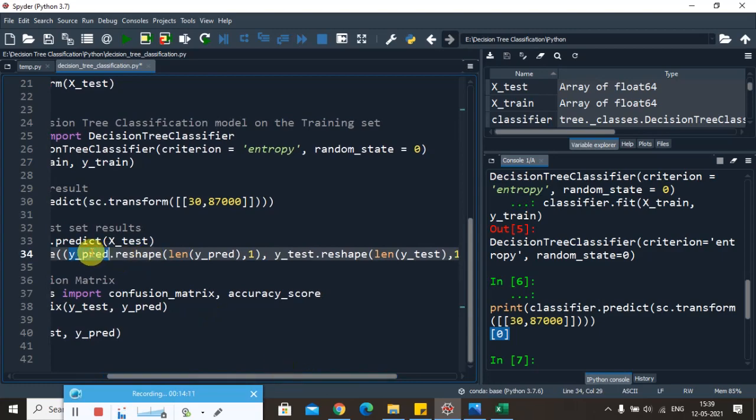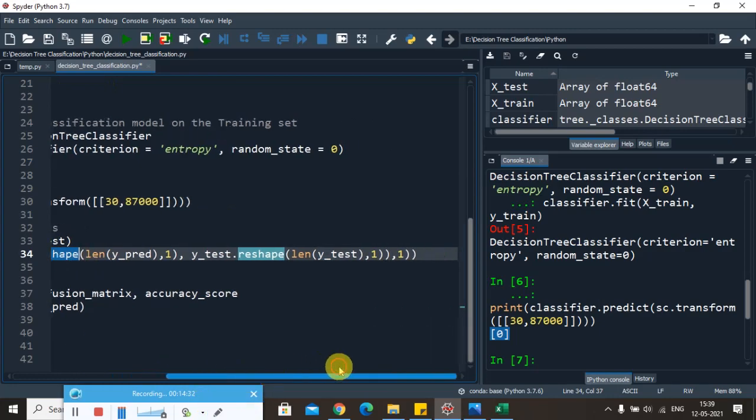One is the prediction parameter, another is the testing parameter. So the prediction parameter is the value which is given by the model, and testing values are already there in the data set. Okay, we had applied the reshape method so that every value will be in a vertical manner. Okay, it comes one after the other. Right, the final answer should be in that particular way.